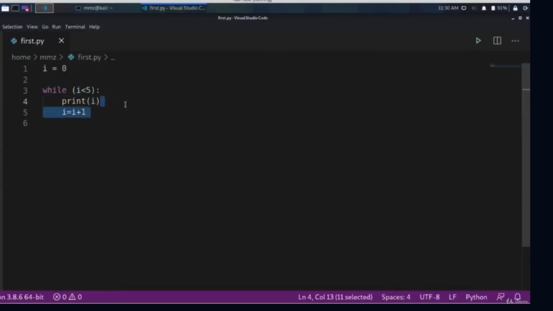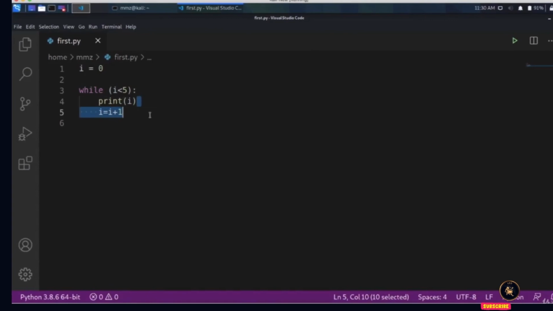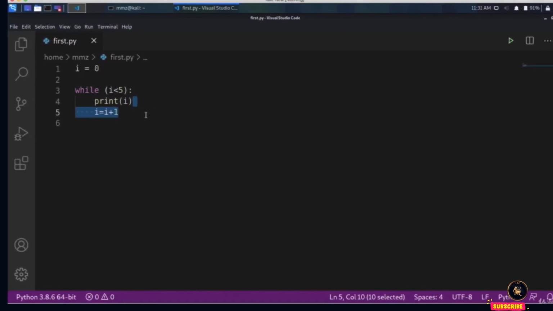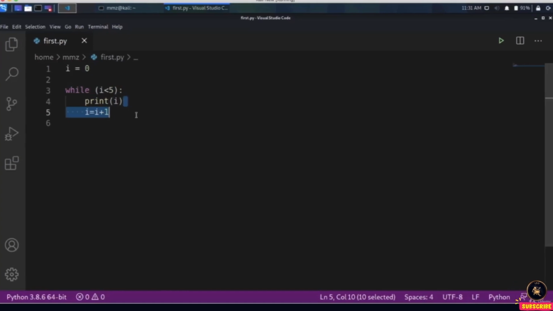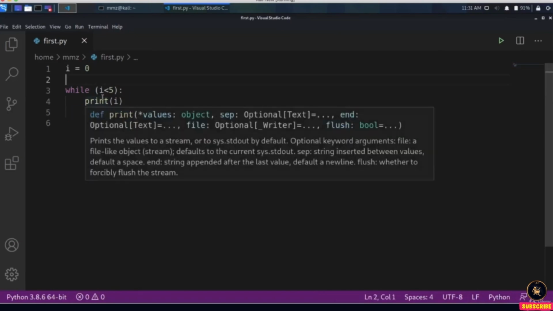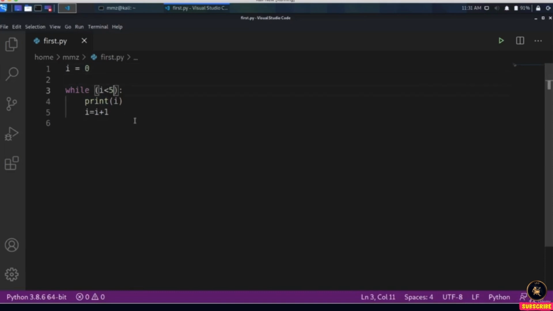All right. Now another thing used not just in the while loop, but also in the for loop. Inside the loop, we can use something called continue or break or pass. So let's have an example. I equals 0. I is less than 10 this time. Now I will keep printing the I value. But here I will have a condition inside the while loop. As you can see, we are inside the while loop. So if I equals 5, then I will